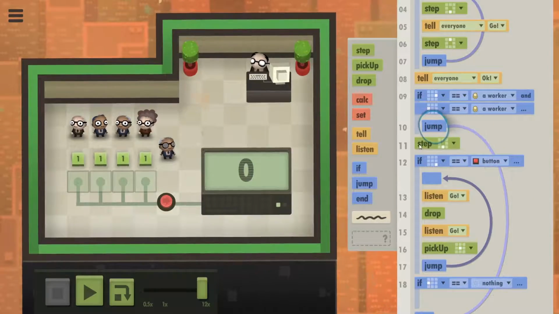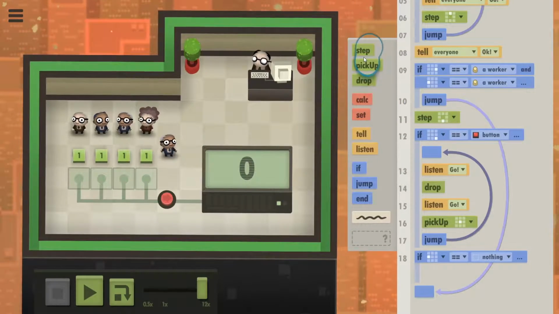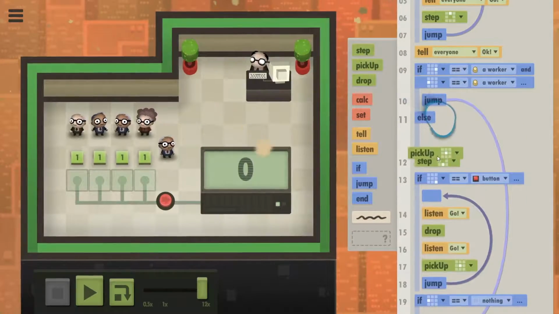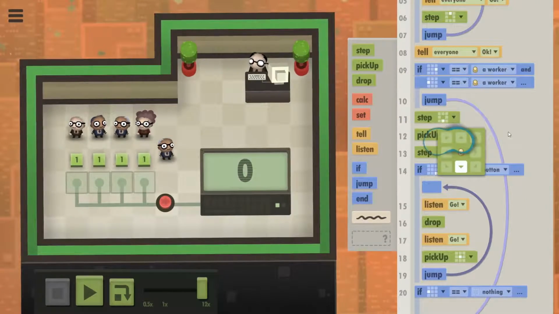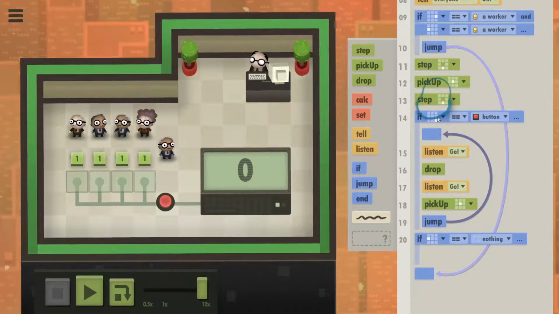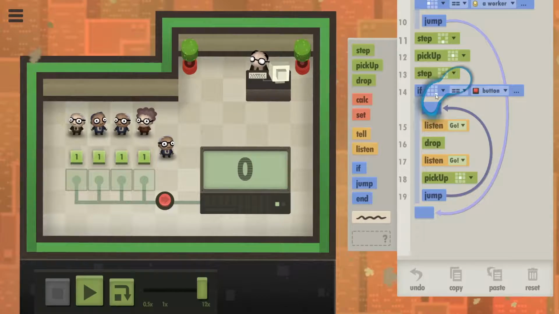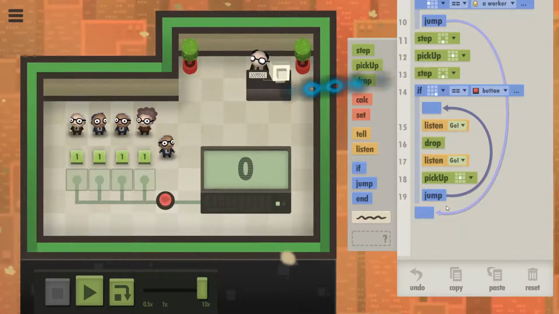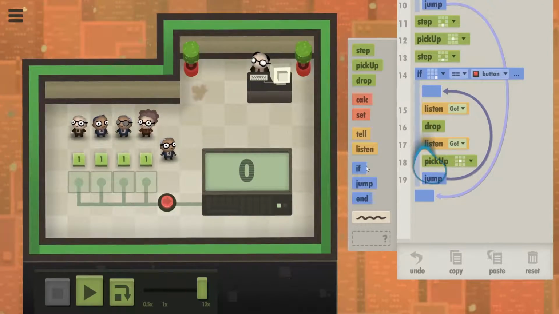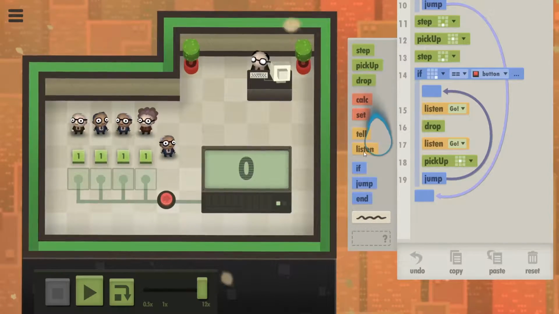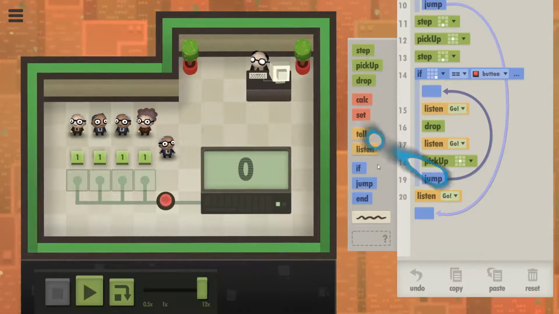They're going to step down. Pick up. Step down. So yeah, if the right is your button, if there's a button, the other person who stepped down in this manner, which is this guy, he is going to listen to go,